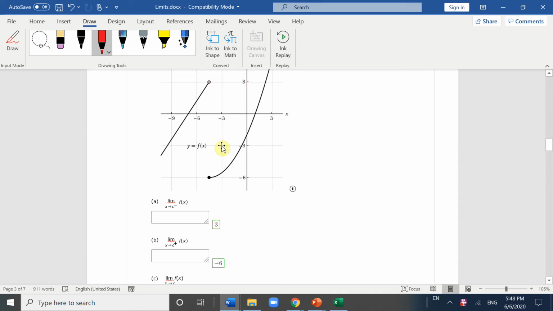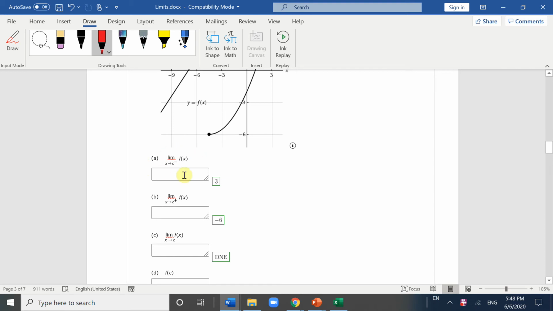The right side is the limit, x approaches -4.5, y is -6. Actually, the right side, you could touch this point. Since the left side limit is not equal to the right one, the limit as x approaches -4.5, DNE,